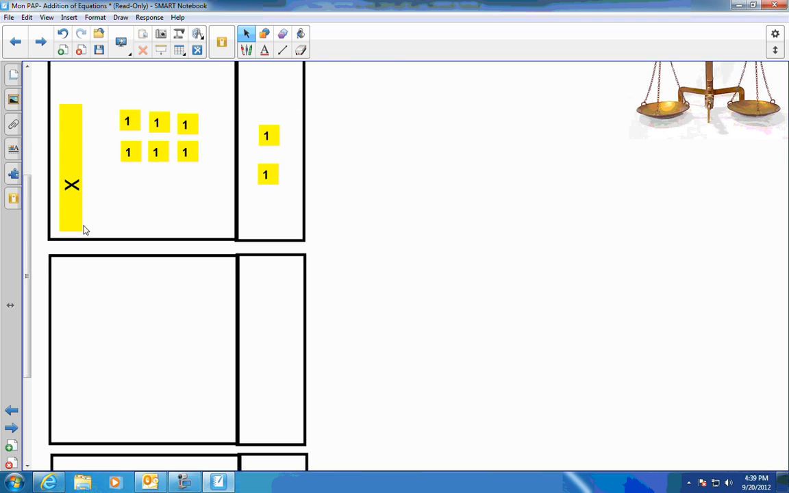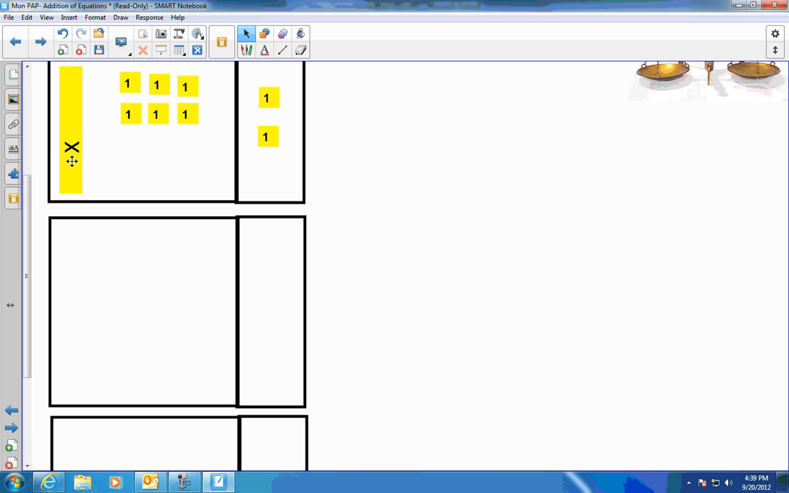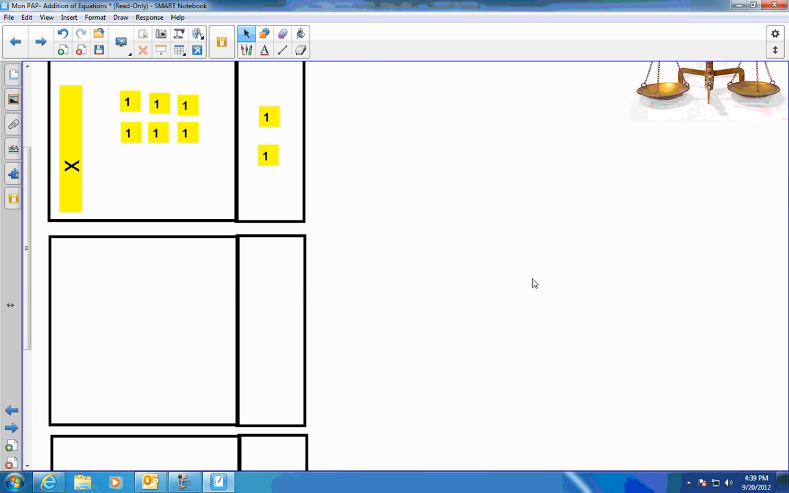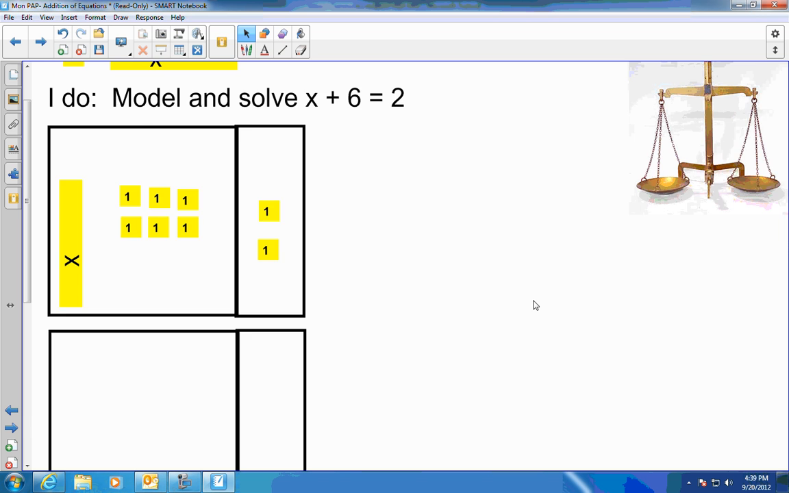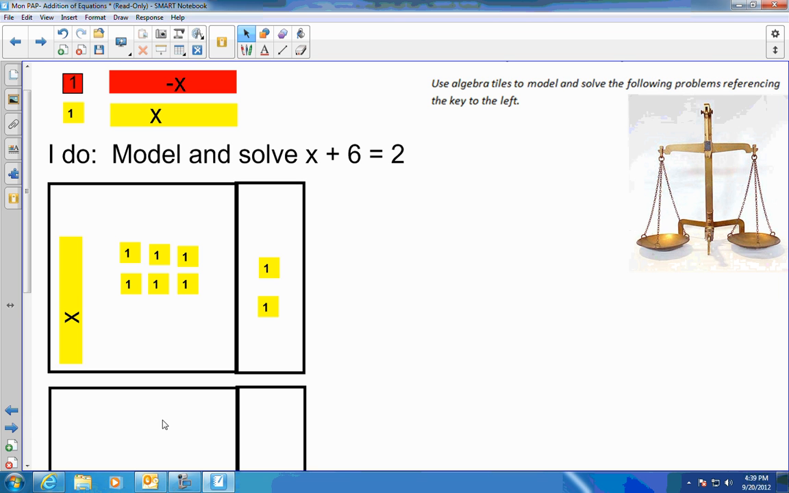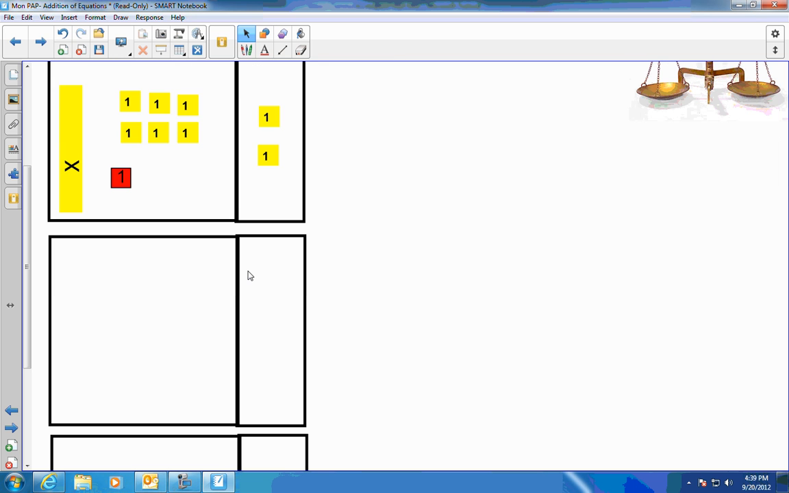Now, what we want to do is isolate this variable, which means all of these guys gotta go. So how do we get rid of a +6? Well, if you remember our integer stuff, let's see if these are infinite, but they are not. So I will draw. If you remember your integer stuff,